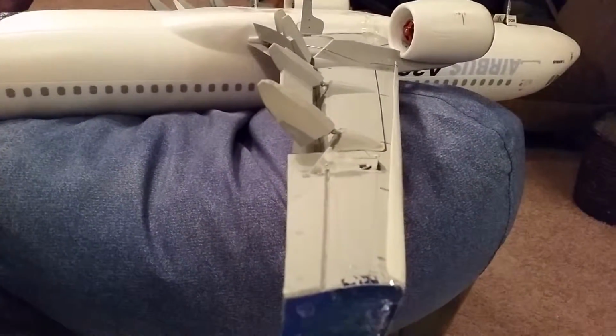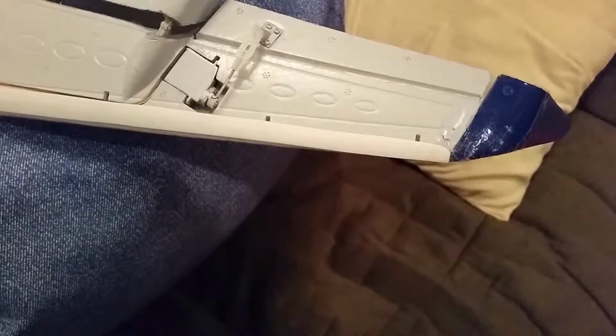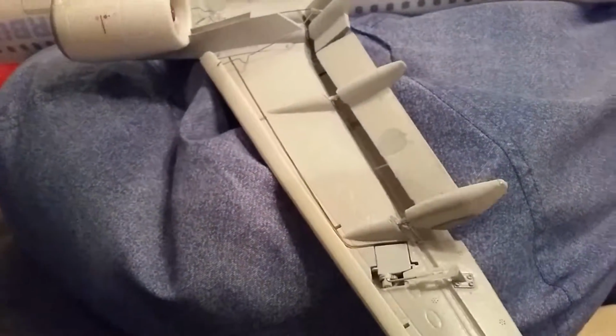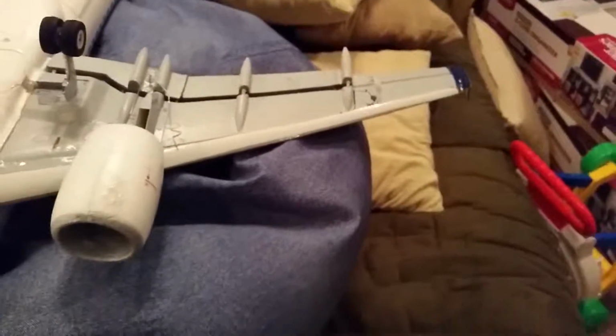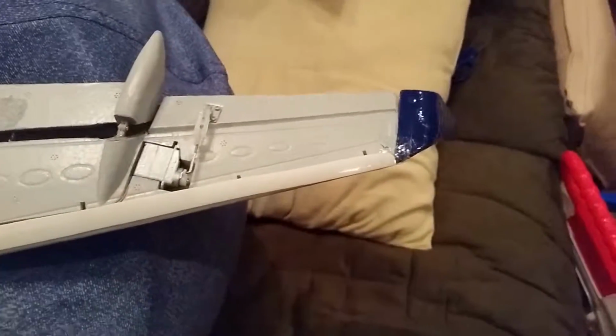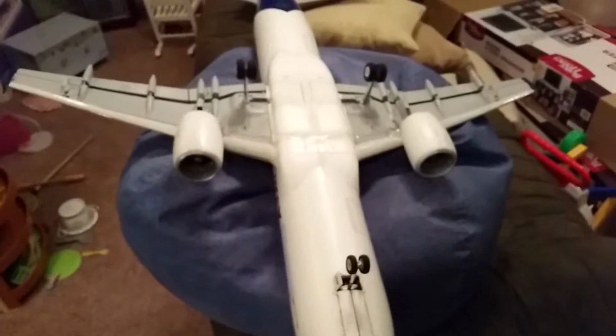And I'll tell you what, the flaps made a gigantic improvement, so really hoping. And by the way, I ended up taping the end here. See, there's just very, very little deployment there. Well, that's because it's taped down. And even though I didn't have the same problem with this one, it wasn't quite as bad. It was still there. I went ahead and taped it, which is fine because, to be perfectly honest, it's not going to produce that much difference anyway. But it does look a whole lot better because it's always seated out at the end of the plane by the winglet there. So can't wait to see it go in the air,